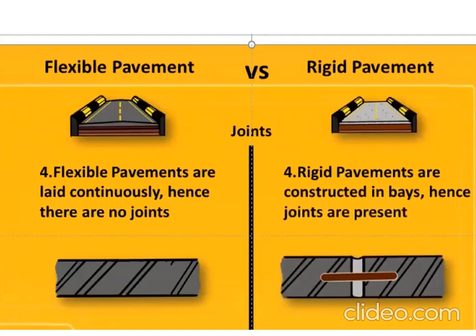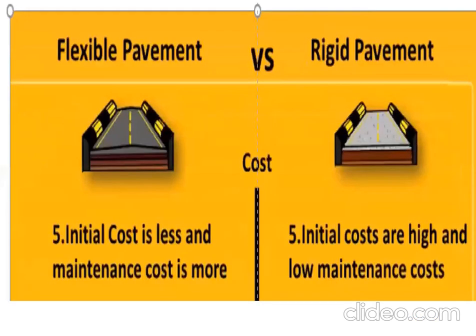Right? We go on to the cost, and this is where your whole choice of pavement type is decided. This is very obvious. If you are talking about the initial cost, flexible pavement is always considered. The initial cost is high for rigid pavement, but the life cycle cost of rigid pavement sometimes offsets the life cycle cost of flexible pavement.